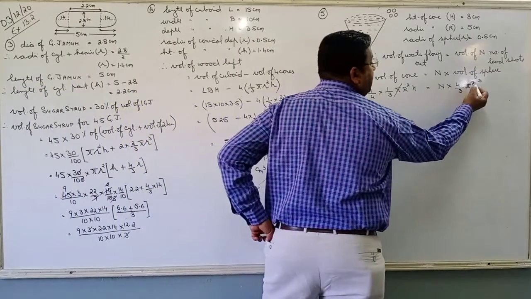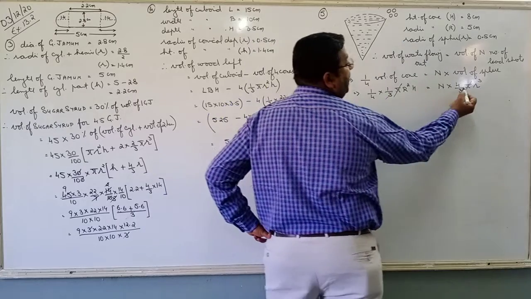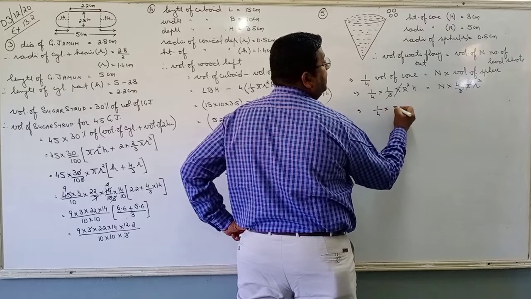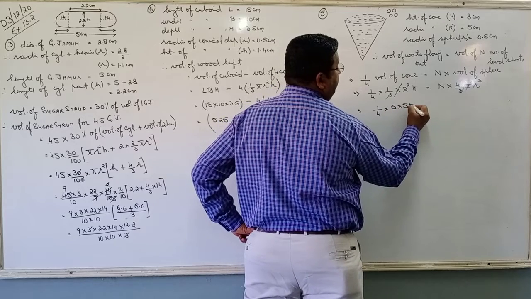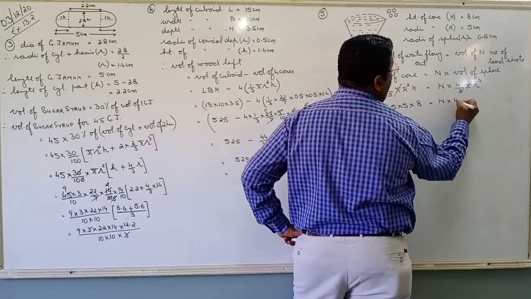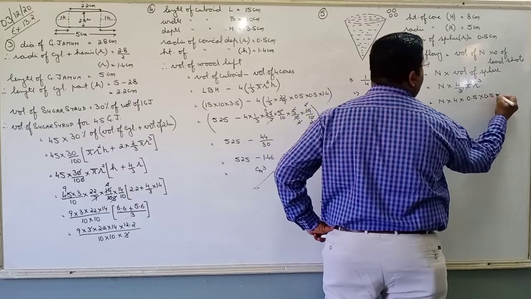Pi and pi cancel from both the places because all terms are in multiplication. By 3 and by 3 cancel. Substitute the values. 1/4 into capital R, capital R is 5, into 5, into capital H. Capital H is 8, is equal to n into 4 into small r, 0.5 into 0.5 into